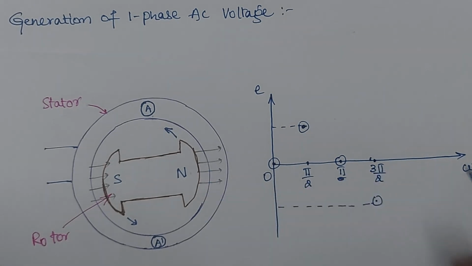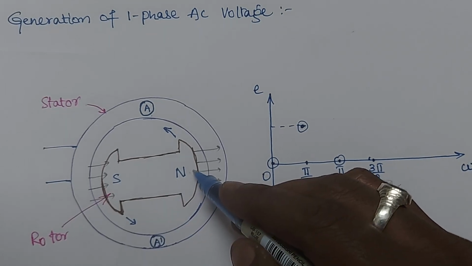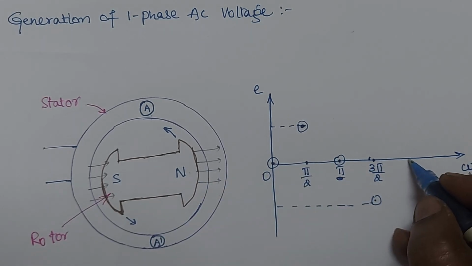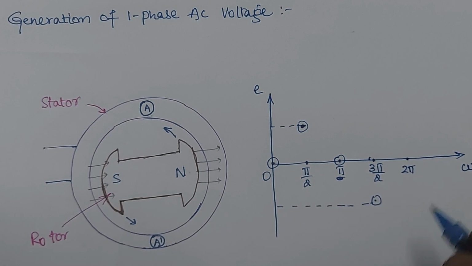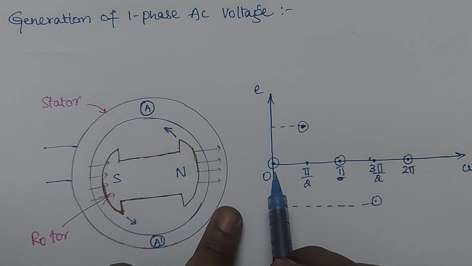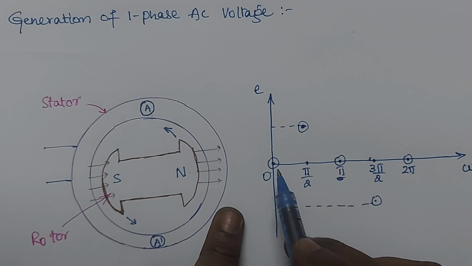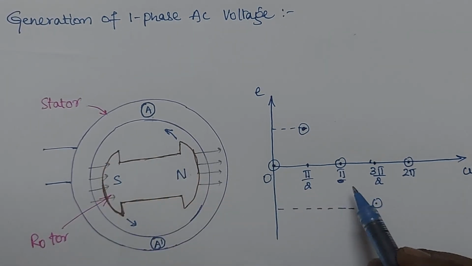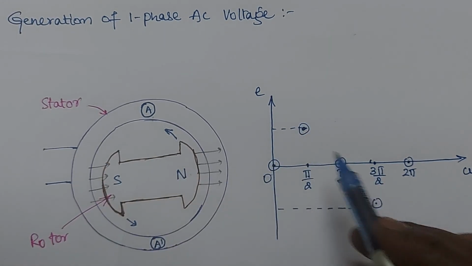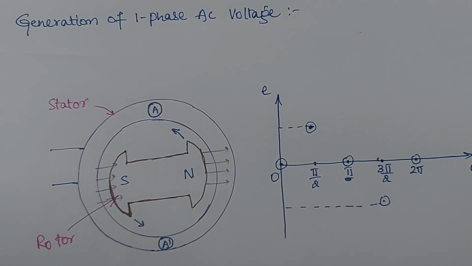Now if I still continue like this, and again one more pi by 2, at this position, that is 2 pi, now again it comes to 0. It means that again this is the original position. Whatever be the situation here, the same situation comes here. So that's why for one rotation I am taking the values of induced EMF in this coil. So if I trace out that one,